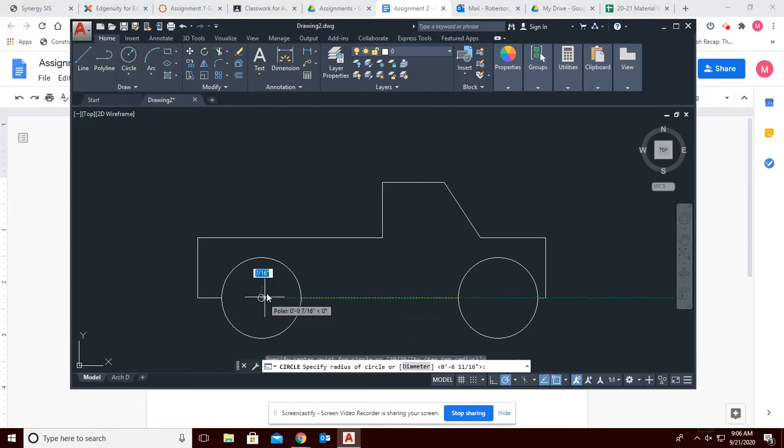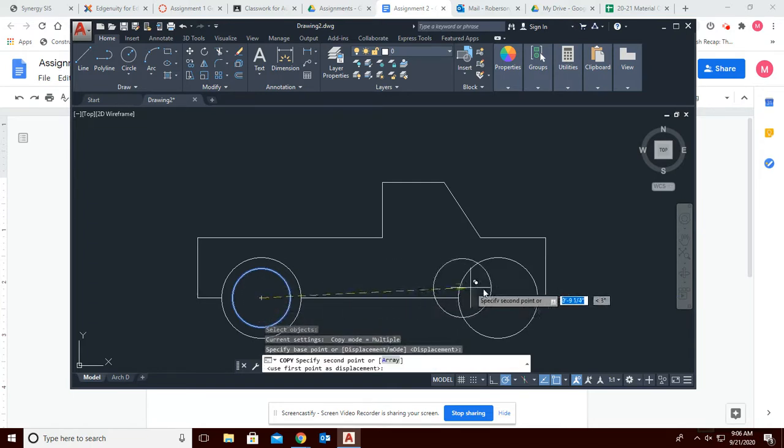Okay. So I want to add some wheels. We'll use these as the wheel wells. So we'll go like this. Did our first one. We'll copy it again. So hit copy, click on the wheel, hit enter, and we can click on the midpoint and drag it straight over,